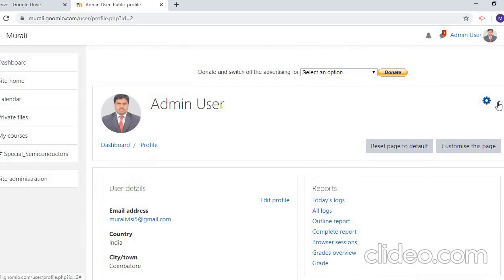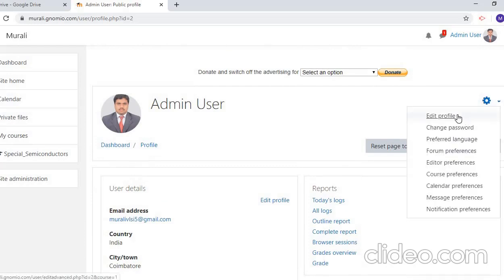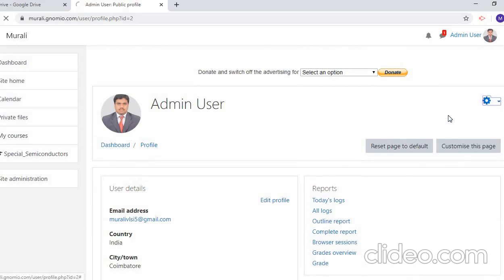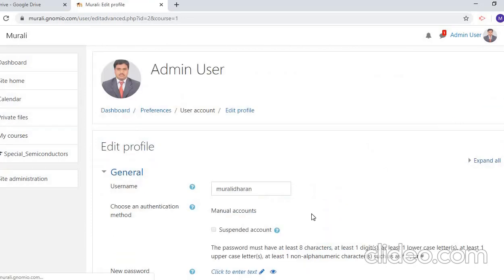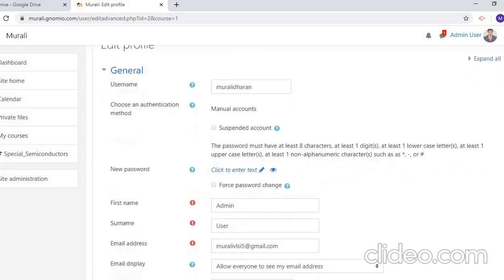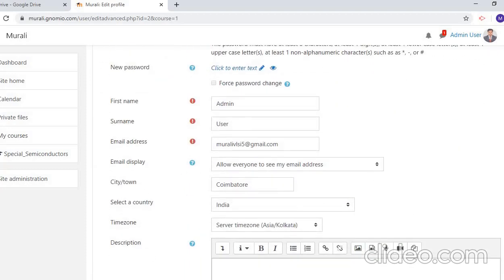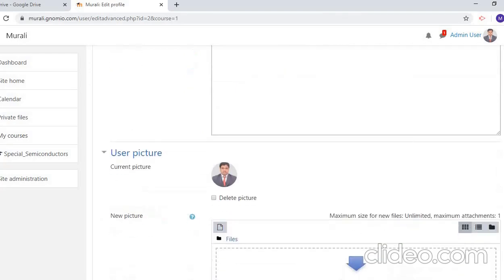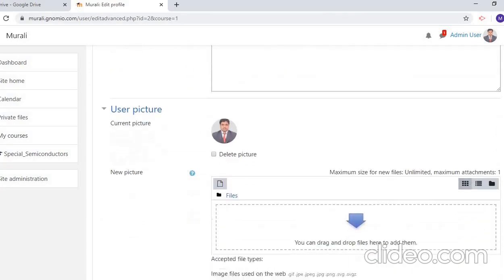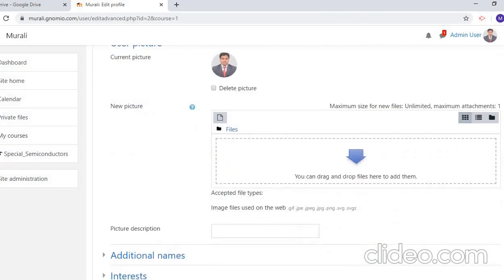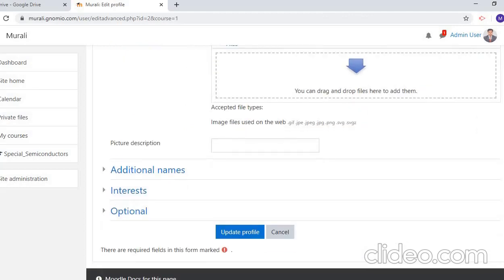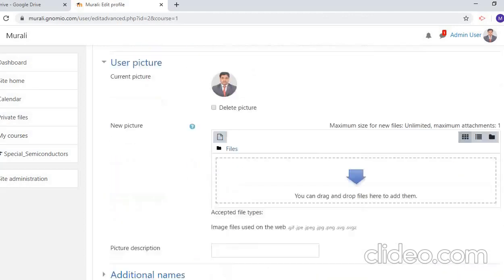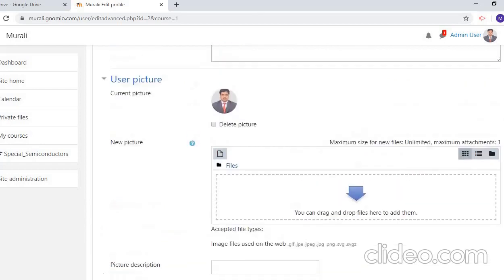If you click on edit profile, you can change your username, password, mail IDs, and description about you. Everything you can do in this. Even profile pictures, and additional names, optional, everything can be done in this.